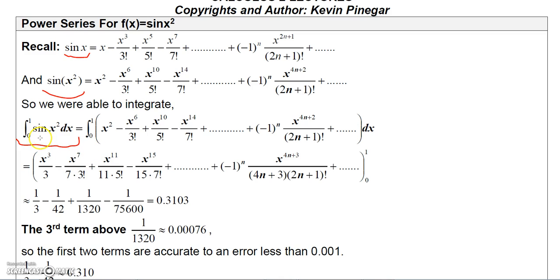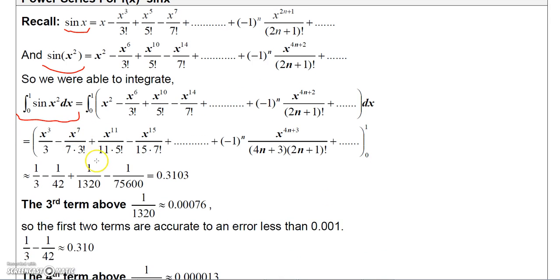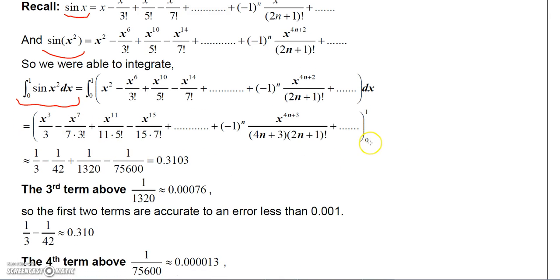since we don't have a formula to integrate sine of x squared, we could integrate its power series form. When we integrate its power series form, we just apply the power rule to each term, and then we would get x cubed over 3, and this would be x to the 7th over 7 times 3 factorial, and this would be x to the 11th over 11 times 5 factorial, and so forth. And then if we integrate this from 0 to 1, we actually get